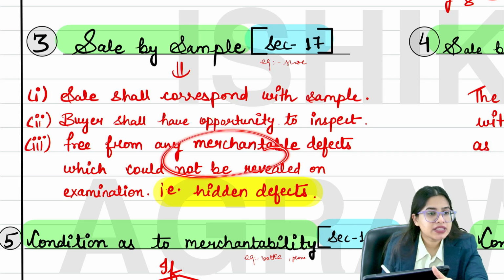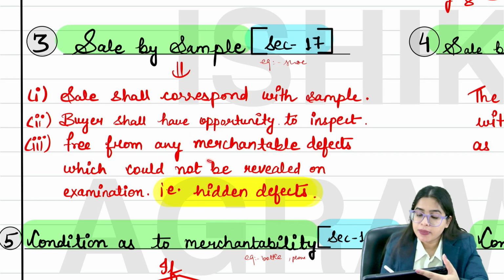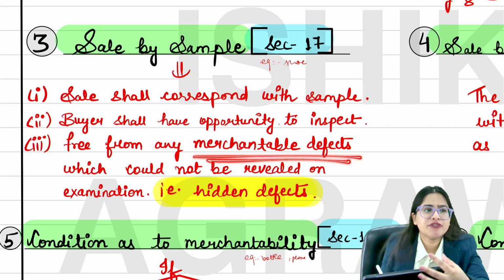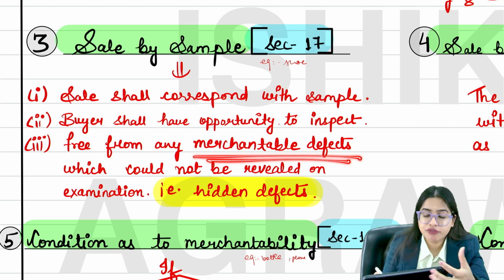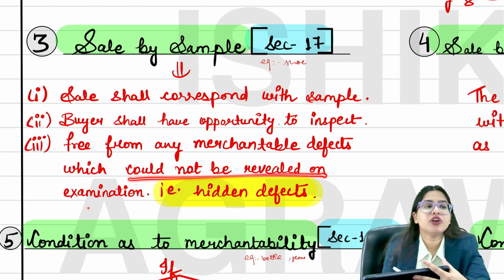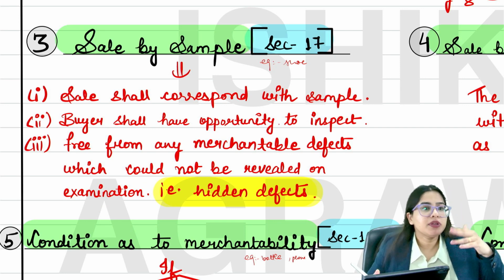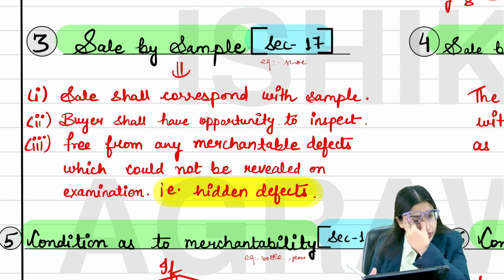It simply means hidden defects. Merchantable defects means manufacturing defects which could not be revealed on examination. Matlab, this is a defect which is hidden, which cannot be revealed on examination. For example,